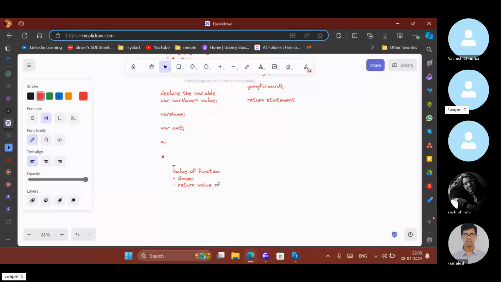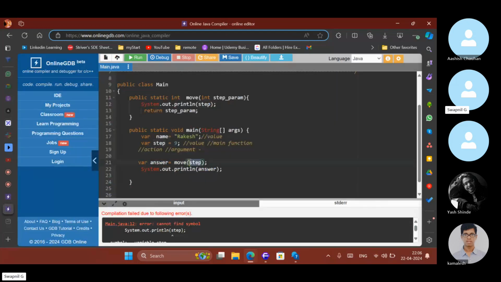The third thing is the arguments and parameters. Now, if you want to send this value of main inside this function, you have to pass this as an argument.